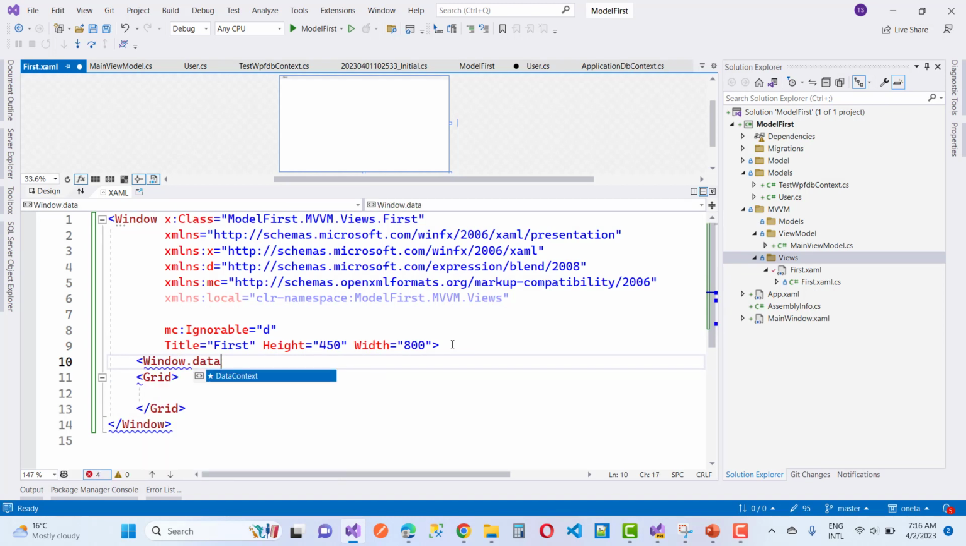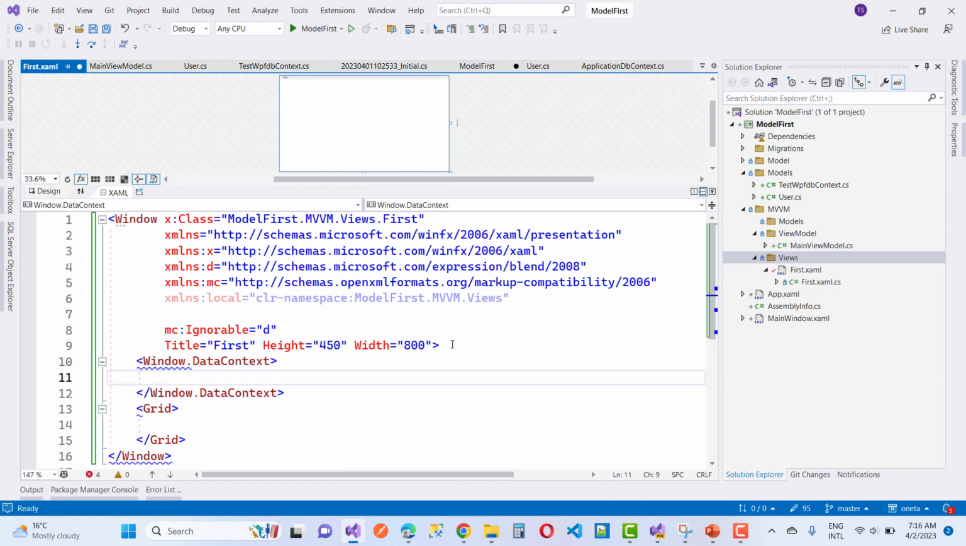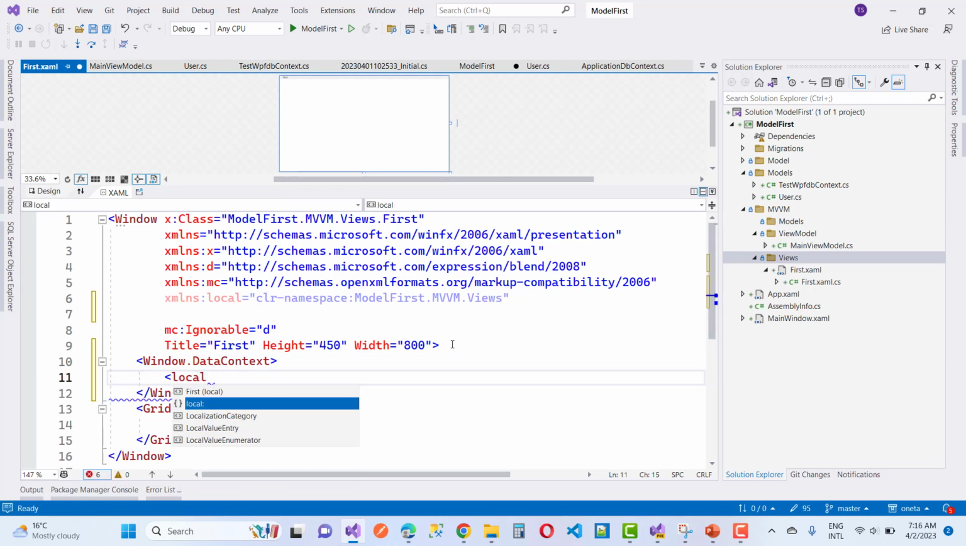This is a simple example of how you can use the MVVM pattern in WPF. Okay,